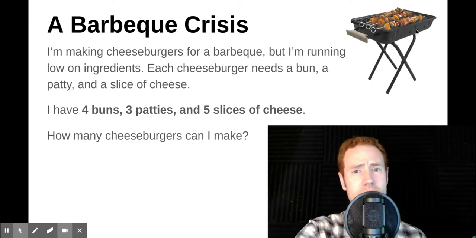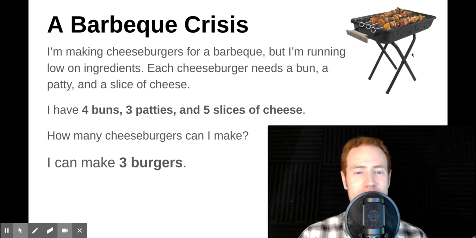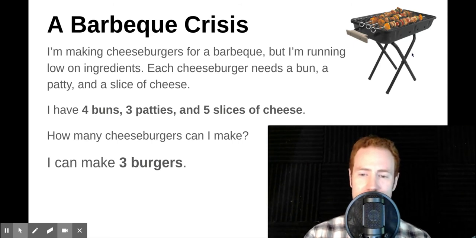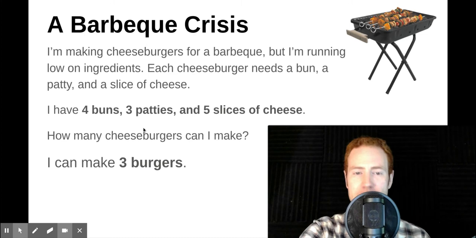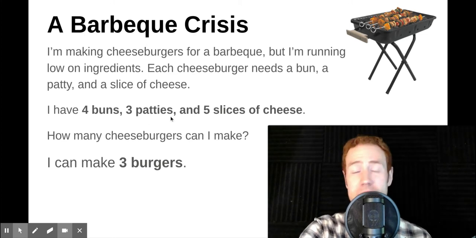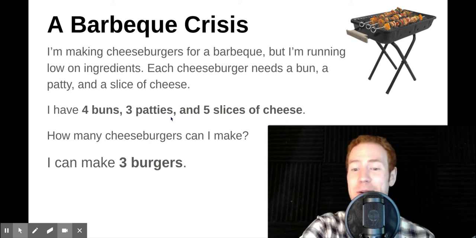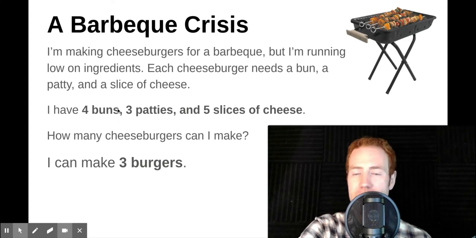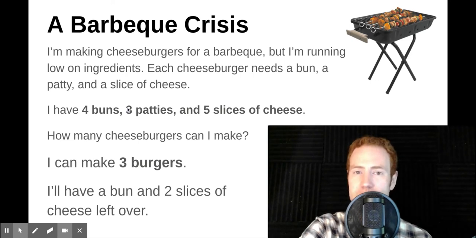Do you have an answer? I can make 3 burgers. Now, I have some extra stuff, but I can only make 3 cheeseburgers because I only have 3 beef patties. Or maybe these are impossible patties, or maybe these are mung bean patties or something. I don't know. But we can only make 3 burgers because we are limited by that number of patties. So we'll have a bun and we'll have a couple slices of cheese left over, but we can only make